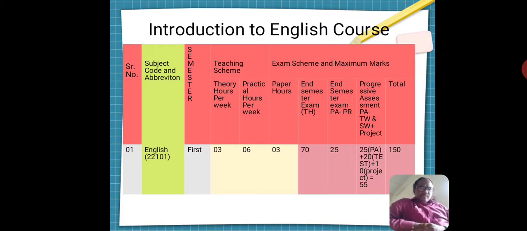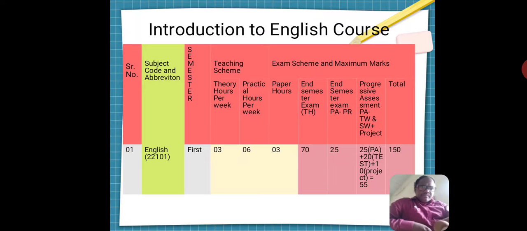So in this way we have 70 marks end semester examination, 25 marks end semester practical examination based on progressive assessment, 25 marks term work submission, 20 marks unit test, and 10 marks micro project. So the total count of this subject is 150 marks.